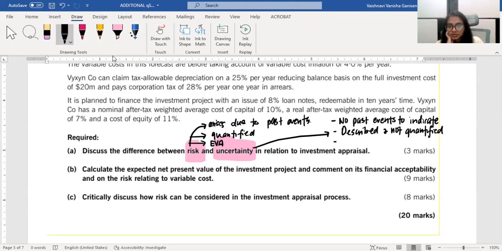How you do it is you use the payback period, adjusted payback period, and also sensitivity analysis. Okay, enough. You don't need to write too much or too long because the examiner only gave you 3 marks for this, so you don't want to unnecessarily explain things that he doesn't want to see. Now the next one,